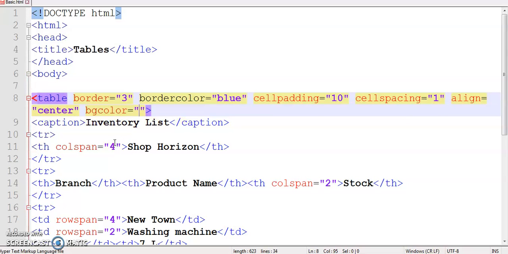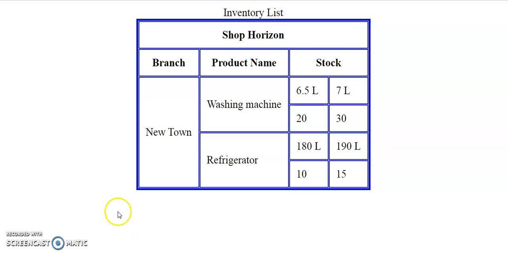So I am providing yellow, saving, and your table is yellow now. When you apply the bgcolor attribute to the table element, your whole table will be colored with the same color. Now what if you want to color your rows or your columns separately?